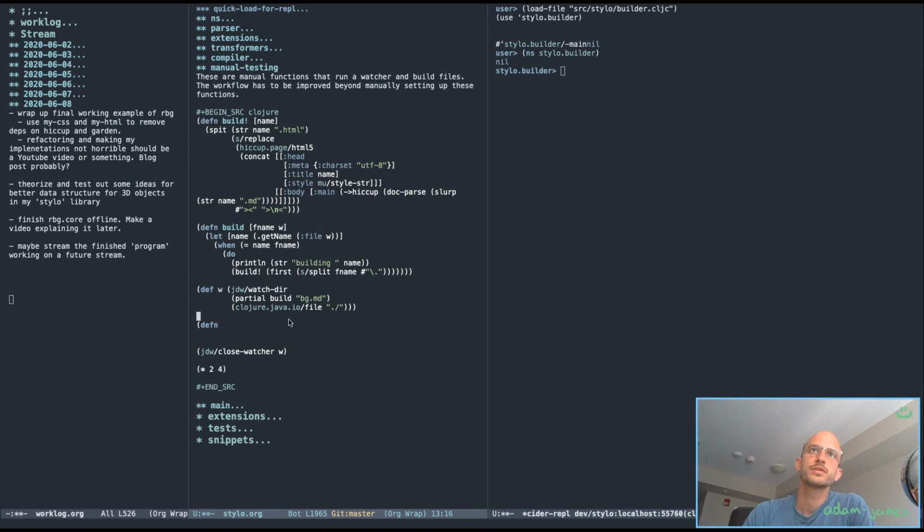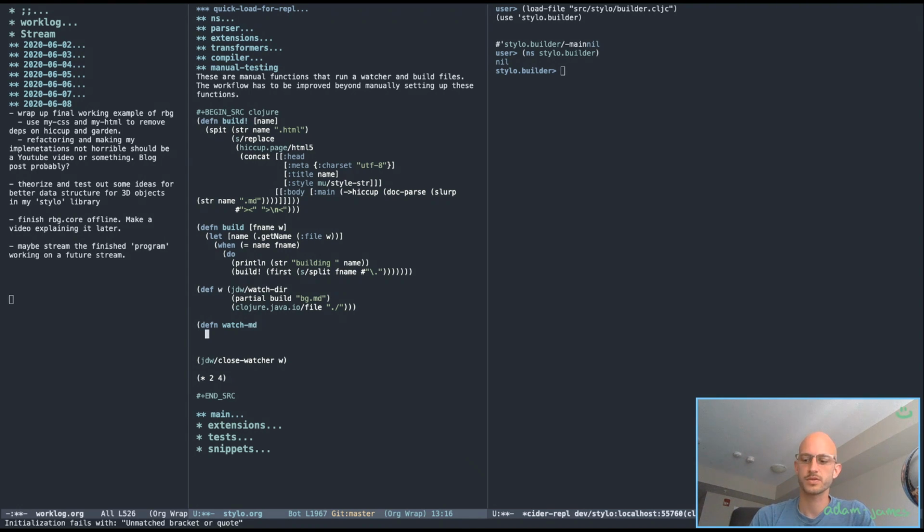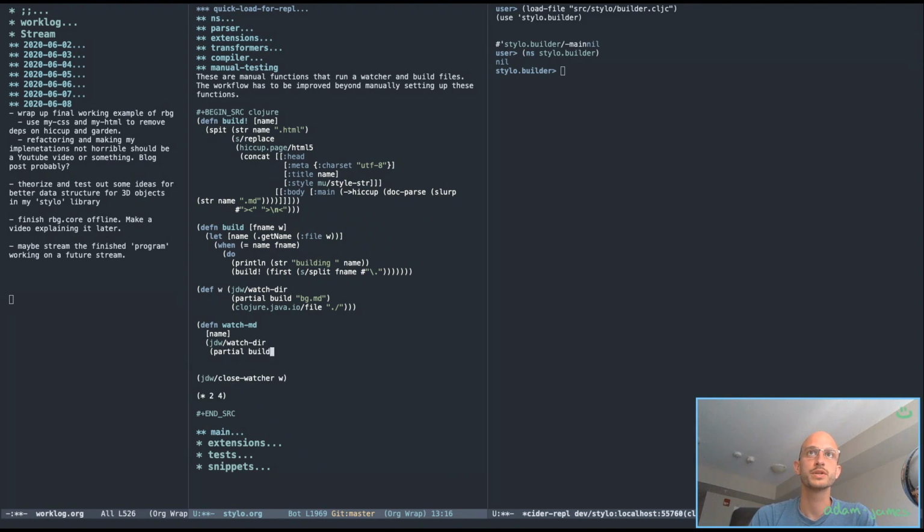Okay, so watch MD is what I'm going to do here, name, right? Then that's going to call watchdir with partial build string name dot md, but it also needs to def. Right? One nice thing about this, def W,